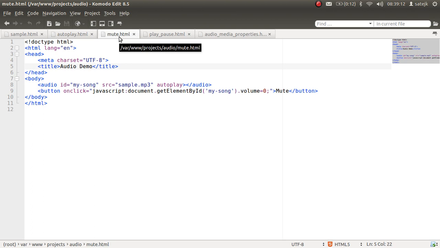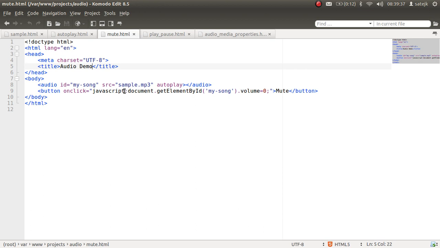Okay, let's go through another example. So here you can see that I have my audio element and it will be autoplaying whenever the page starts loading, and I have a button here with the text mute, and we will be using it to mute the song.